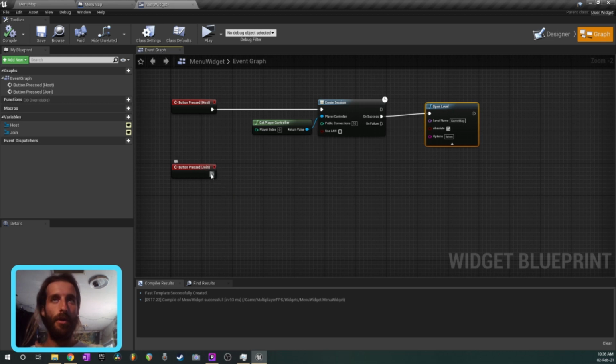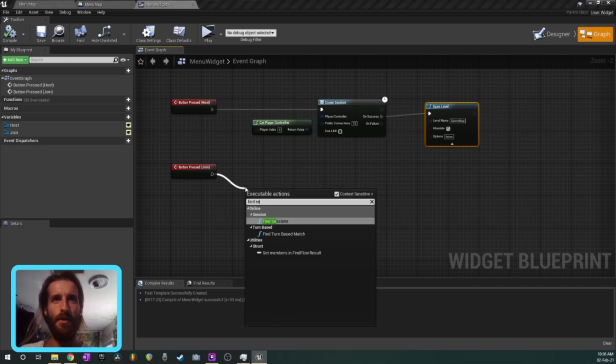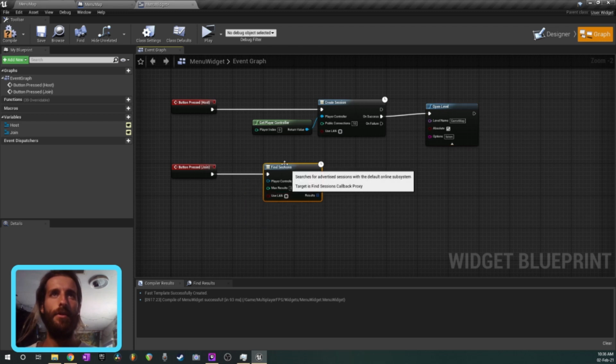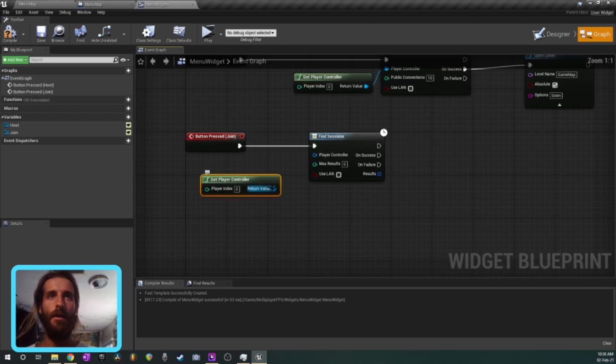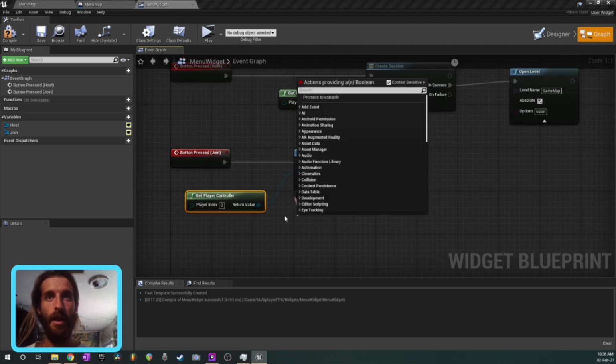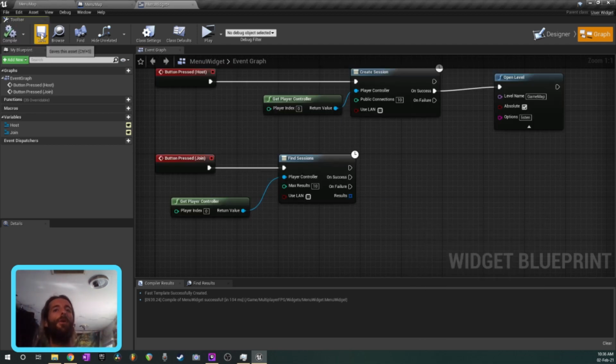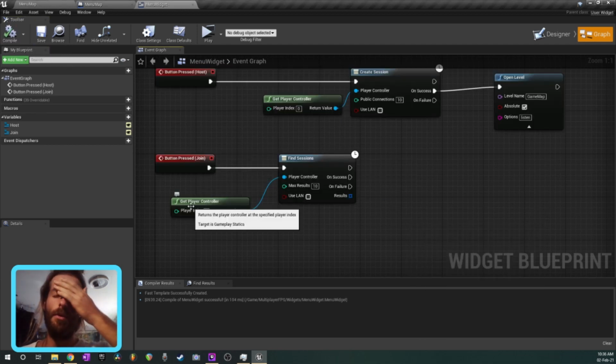And now if somebody presses join, what we're going to do is, can we say get sessions, find sessions? Okay, find session, that's what it's called. Get player controller, max results, I don't know, let's just put 10 again. Again, you can check for LAN if you want. Now the results, okay, so what I was going to say before,